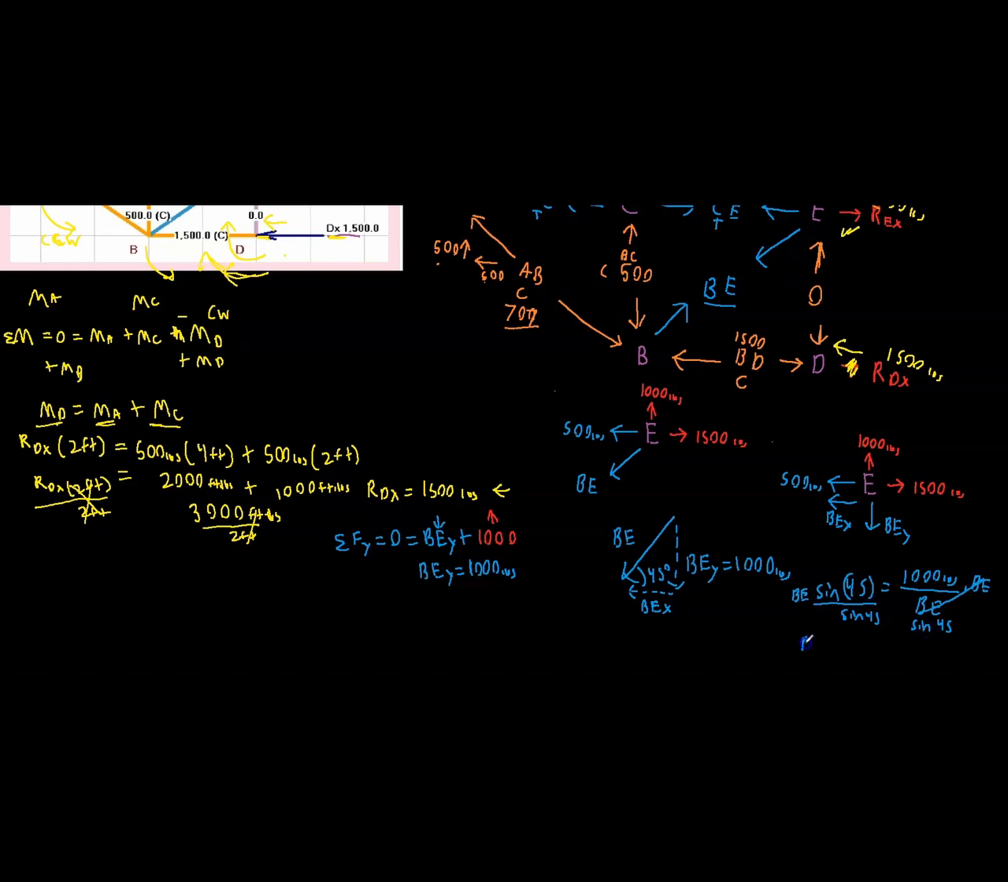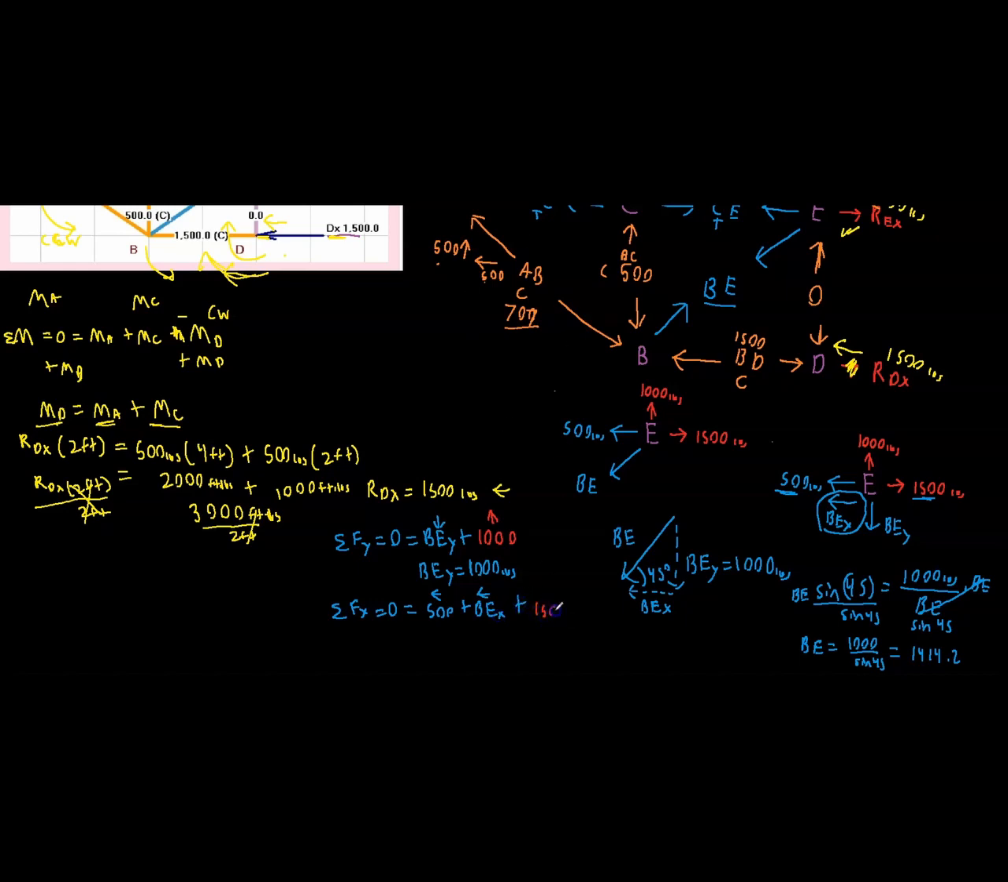And so what do I get? Well, I get vector BE is equal to 1,000 divided by the sine of 45. And if you type that into your calculator, you should get 1,414.2 pounds. We could have also assumed that BEX, since we know it's going to the left, and we know we already have 500 pounds and 1,500 pounds going to the left and right, we can say, well, the sum of all forces in the X direction equals 0, which equals 500 pounds to the left, plus BEX to the left,